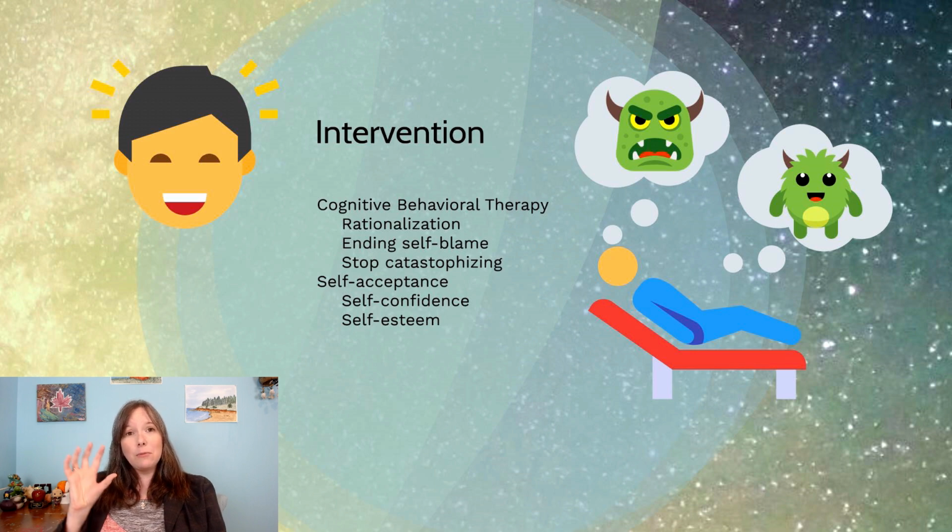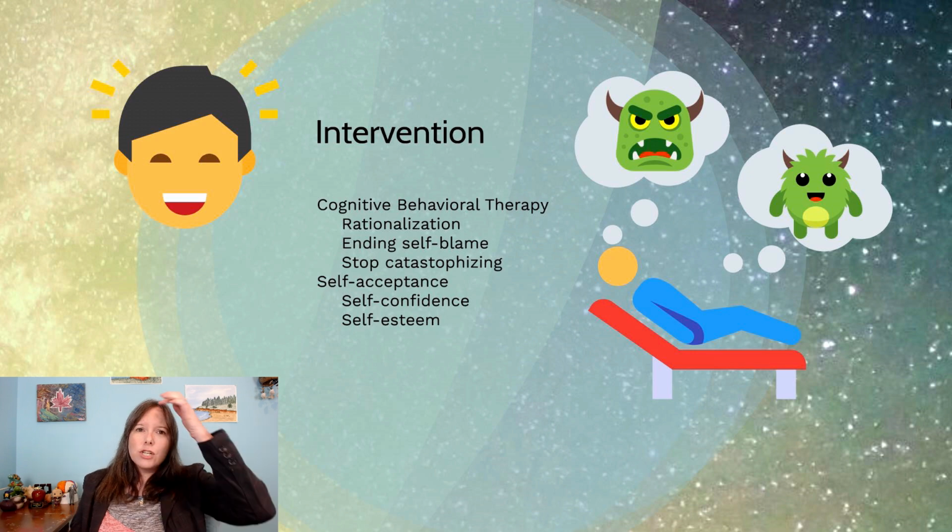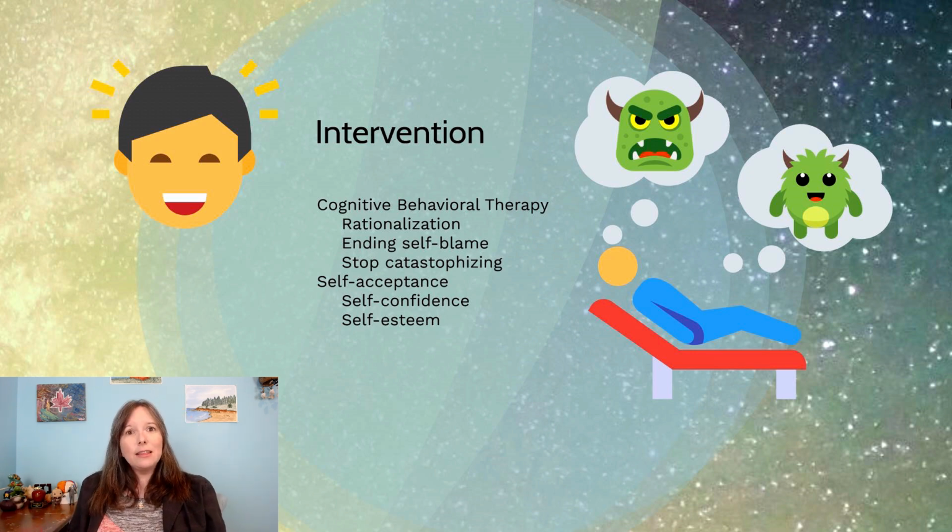In addition to feeling more calm about the world, it's important for intervention to focus on their feelings about themselves and to feel more positive about themselves. In addition, to move towards acceptance that, yeah, they take a little bit longer to talk to others, but that's okay. They're still a good person. And if people really like them, they'll be their friend. And to feel more confident that, hey, there's lots of reasons people should like me. And this will help to boost self-esteem as well. So cognitive interventions can look at improving their view on other people and the world, as well as improving their view on themselves.